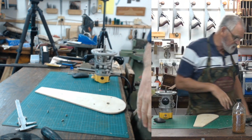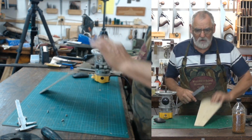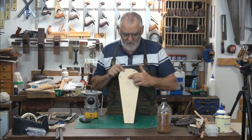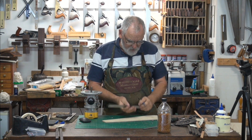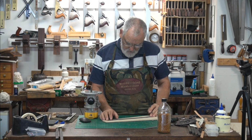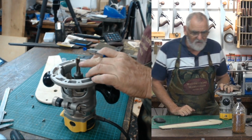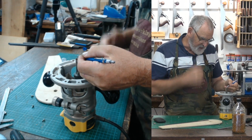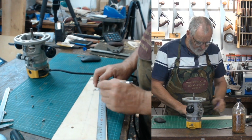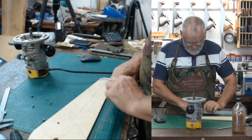Now measure from the centre of the hole on your jig. From the centre of the hole, I've got a centre line down here. Measure 250 from the centre of that hole. And that's to there. But bearing in mind now, we've got a 12 mil bit here. So you're going to have to divide that in half, which is 6, and then move that line, you put it 250, which is there, move it out another 6 mil,